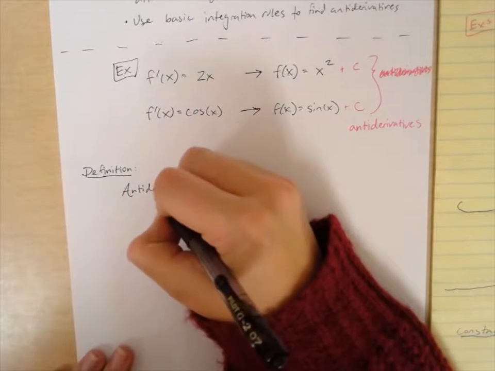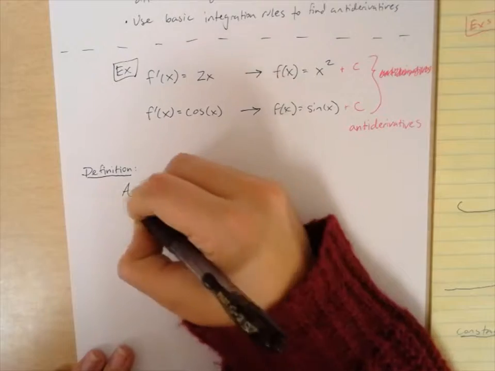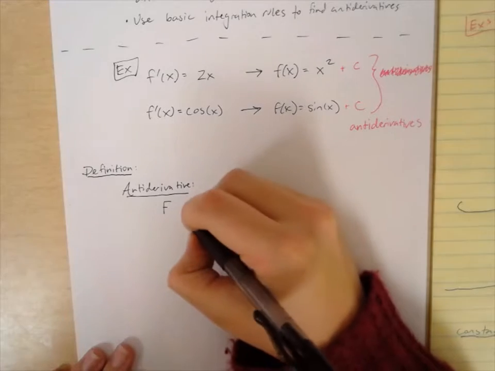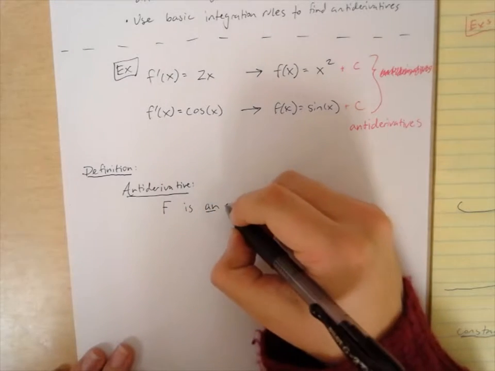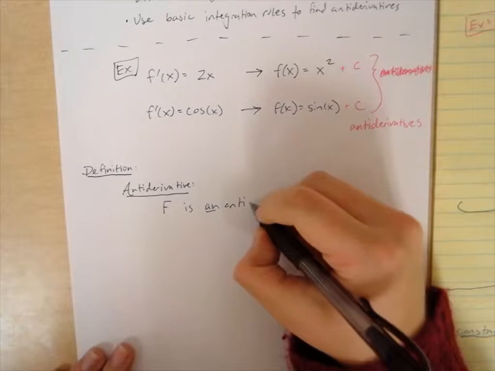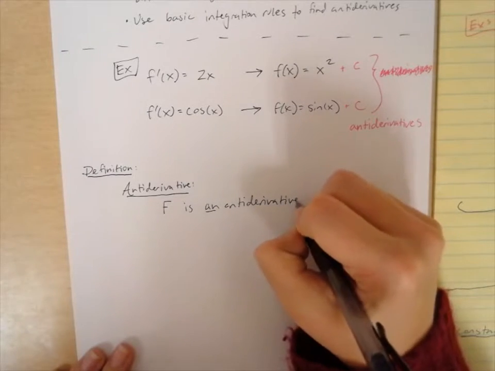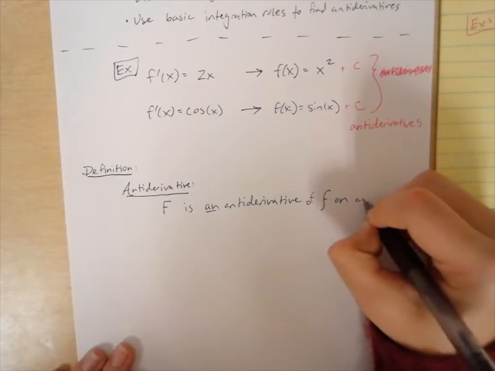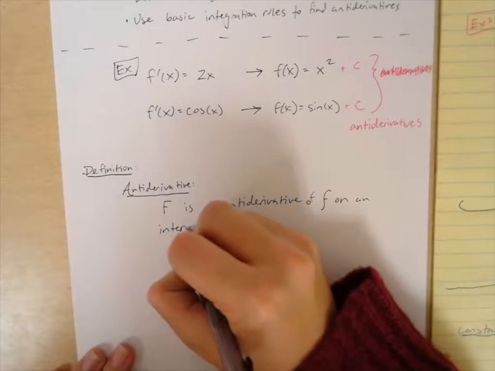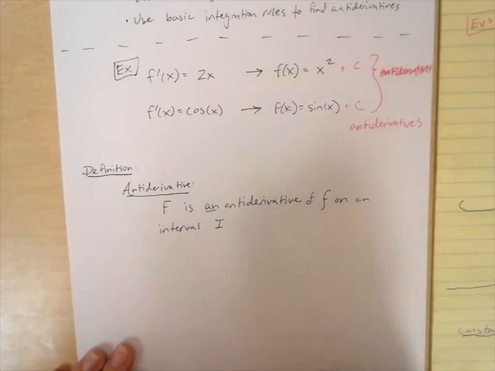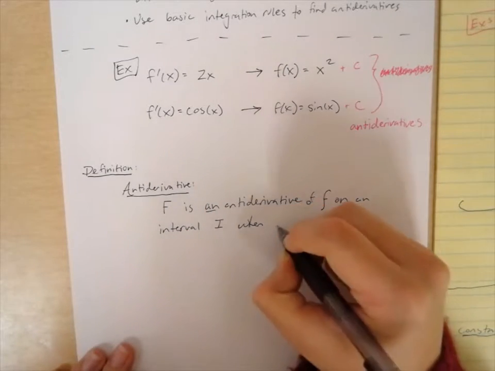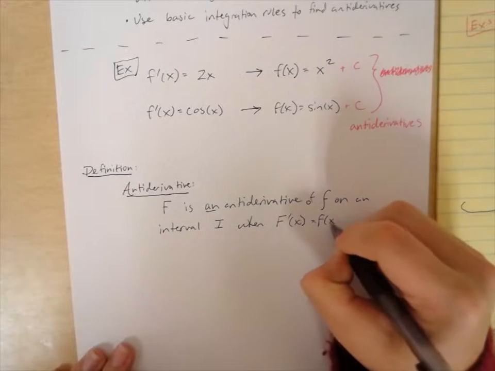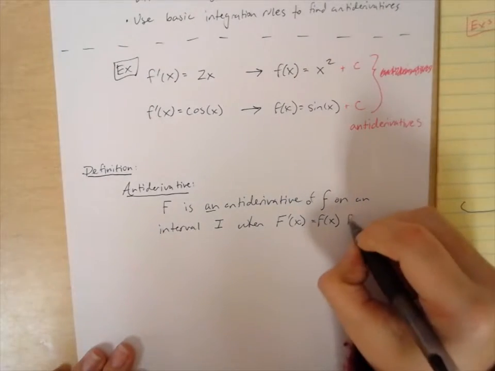So what we can say is big F is an antiderivative, and notice I underlined the word and, we'll get to that in a second, of little f on an interval I when F prime of x equals f of x for all x